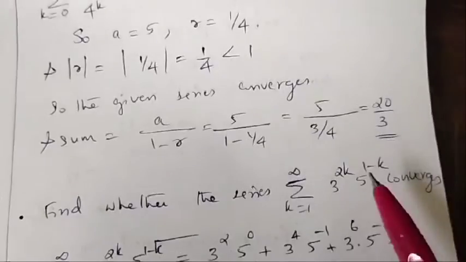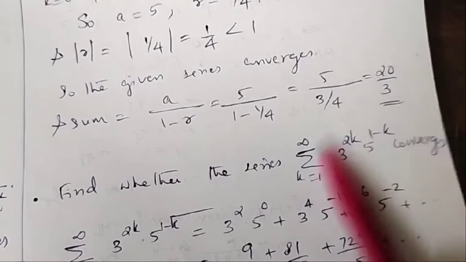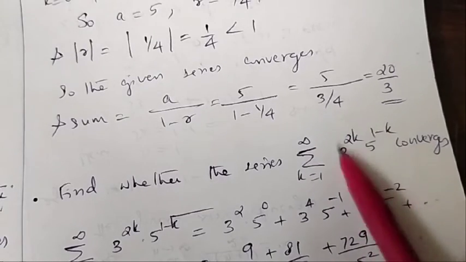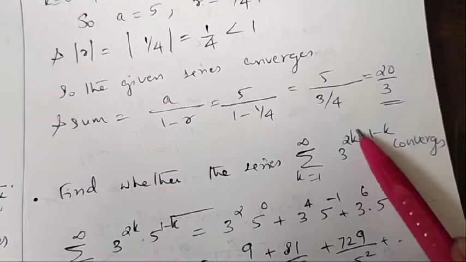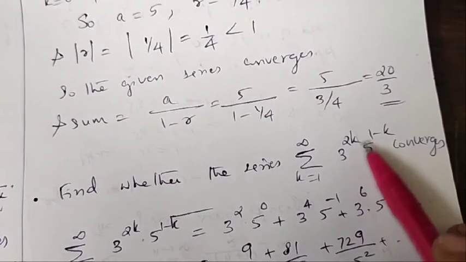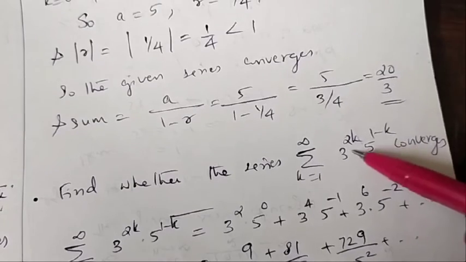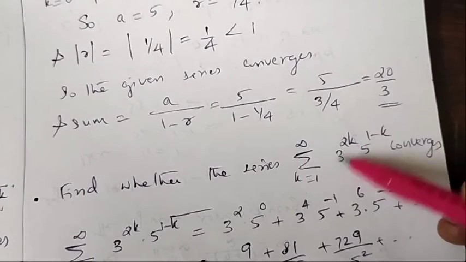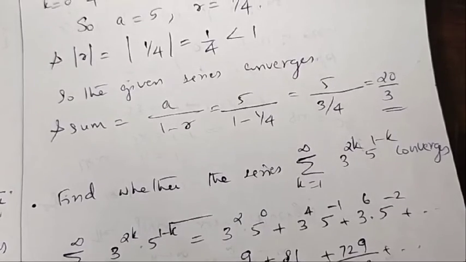Or in another way, we can verify whether this series is a geometric series or not. How can we do that? By checking where k is placed. It is placed in the power of some constant. Here k is in the power of 3, 3 raised to 2k. If k is in the power, then we can understand that it is a geometric series.